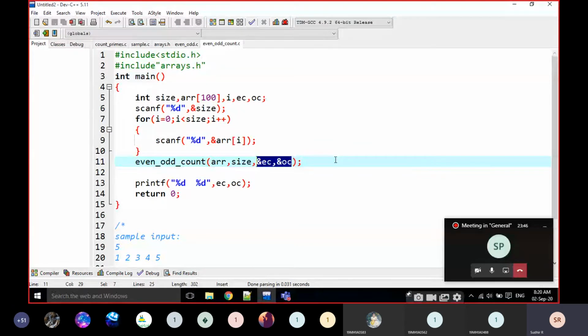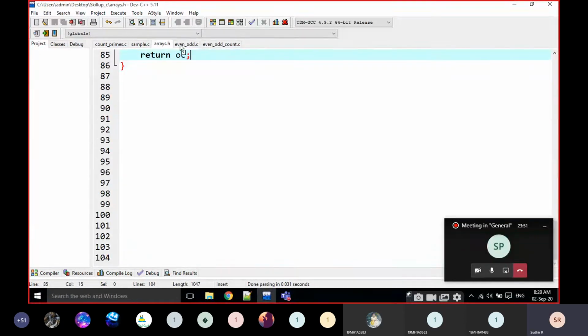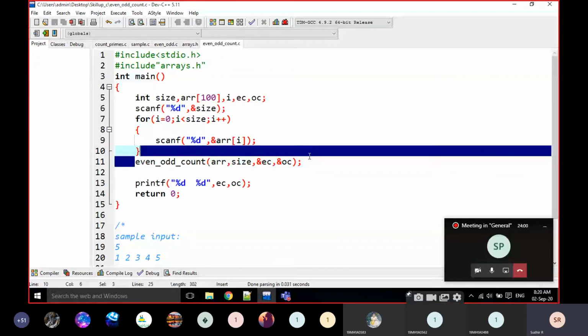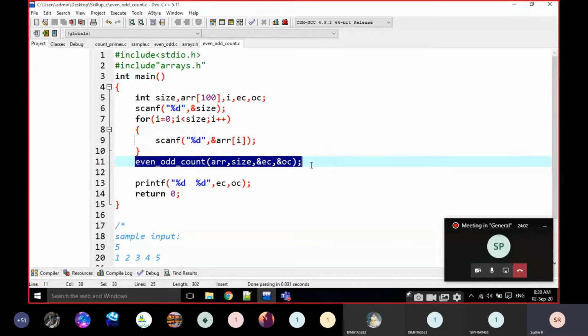Okay, I am going to develop the function here, in the dot h file. Just look here, this is going to be void. Why is it void? Look, there is no assignment and no printf statement. This is a void function, but the results are going to be included in EC and OC. We are passing by address here, and if you modify any value in the function, I will show you how it works.